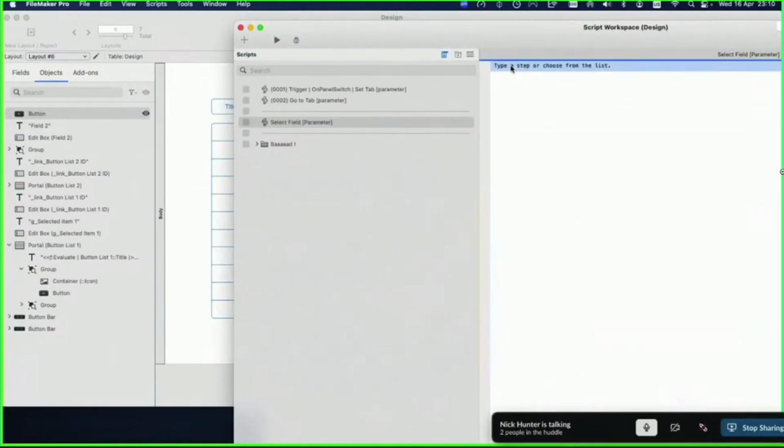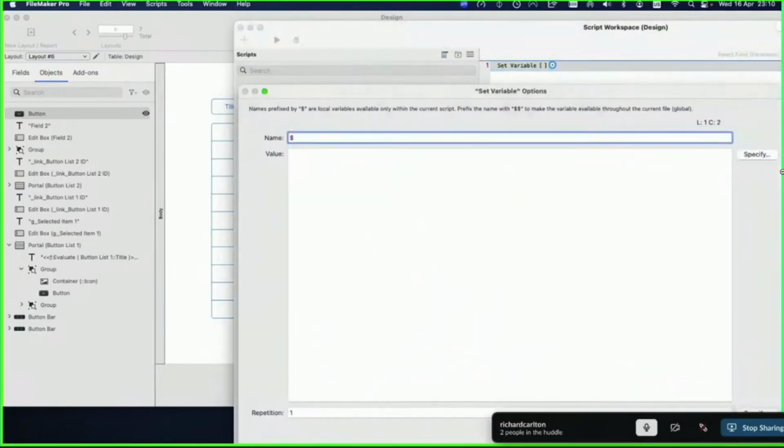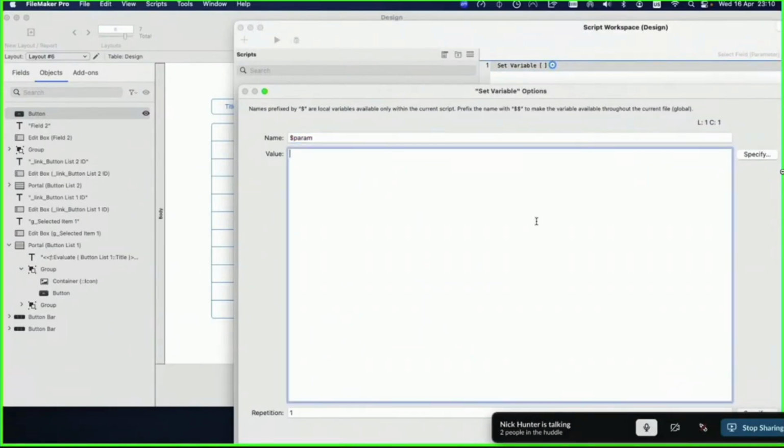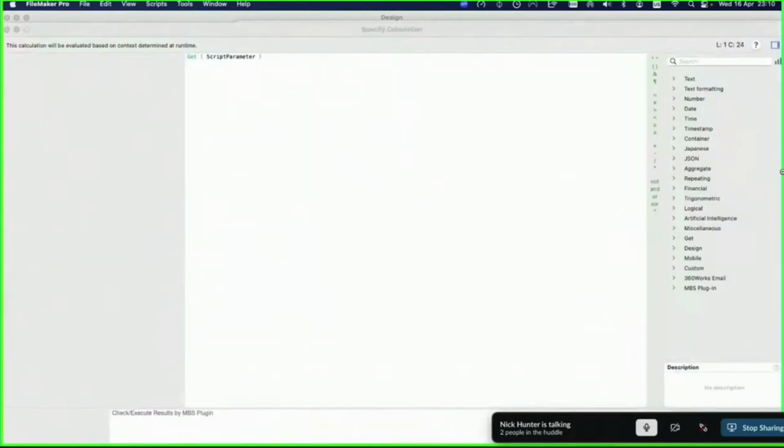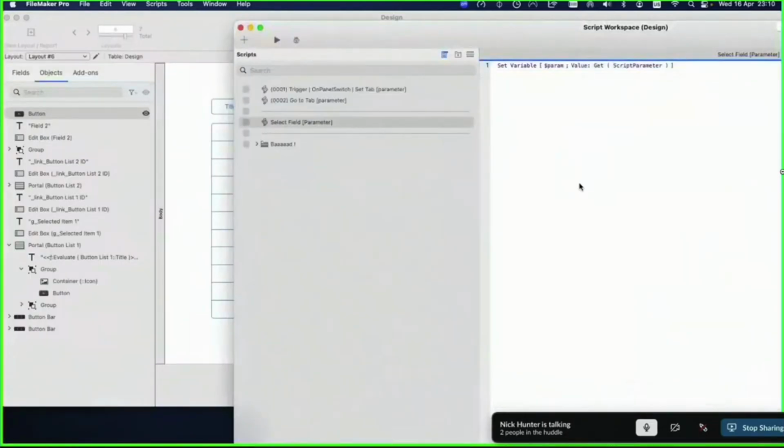So here, first, I want to set a variable to receive that parameter. So, Get Script Parameter. So that means now, while I'm doing this, if you don't have this,